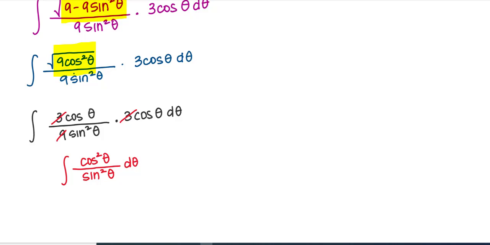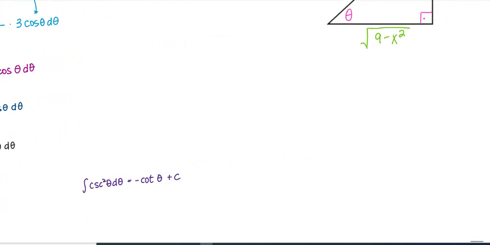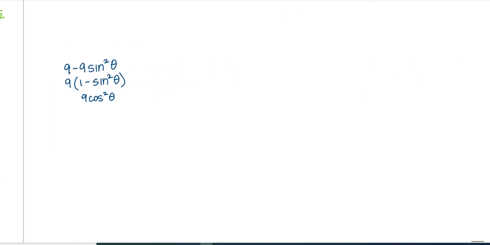So I recognize this one because cosine squared over sine squared is really just cotangent squared theta. And why does that help? Well, because I can integrate cosecant squared theta, right? I know the antiderivative of cosecant squared theta is negative cotangent theta, right? I know that part. Okay, well, but I don't know cotangent squared. But you do because you have that beautiful Pythagorean identity over here. Let me find it, right?